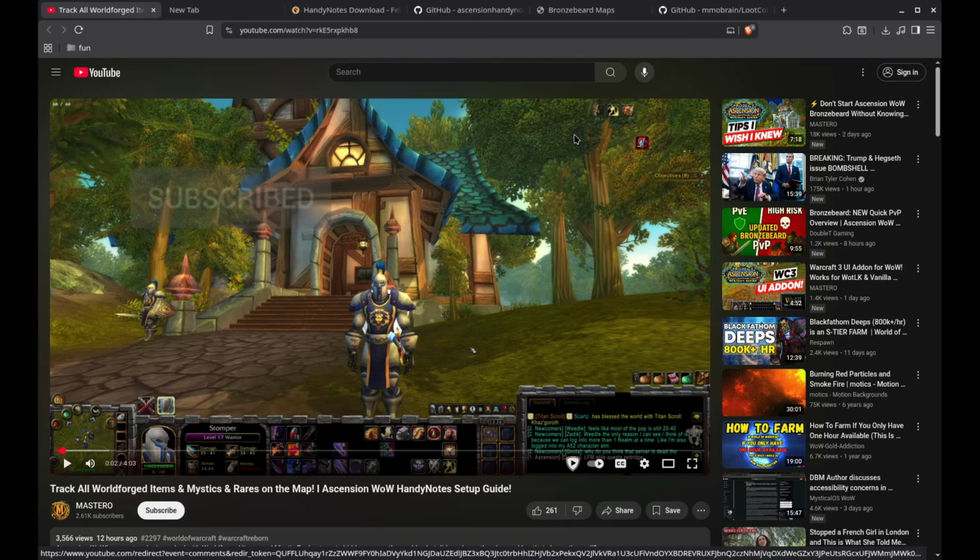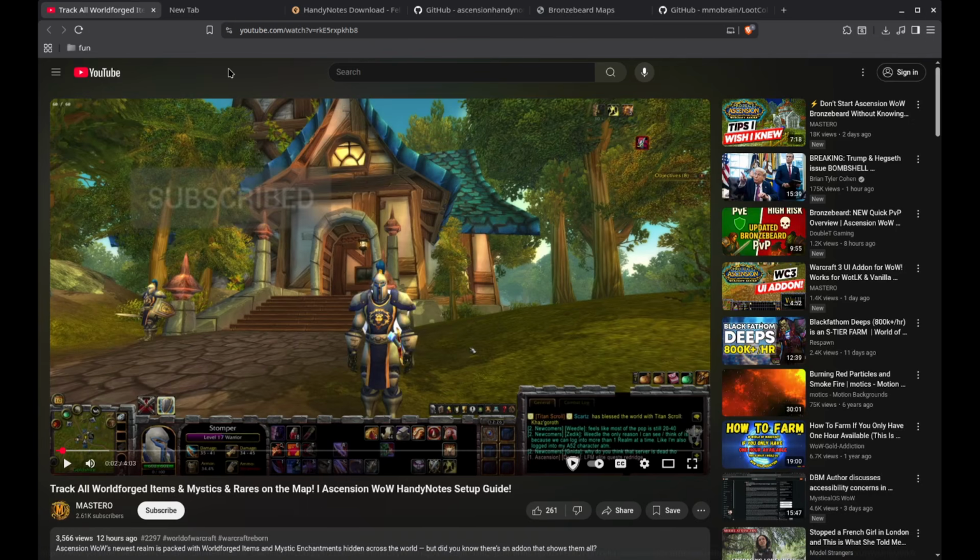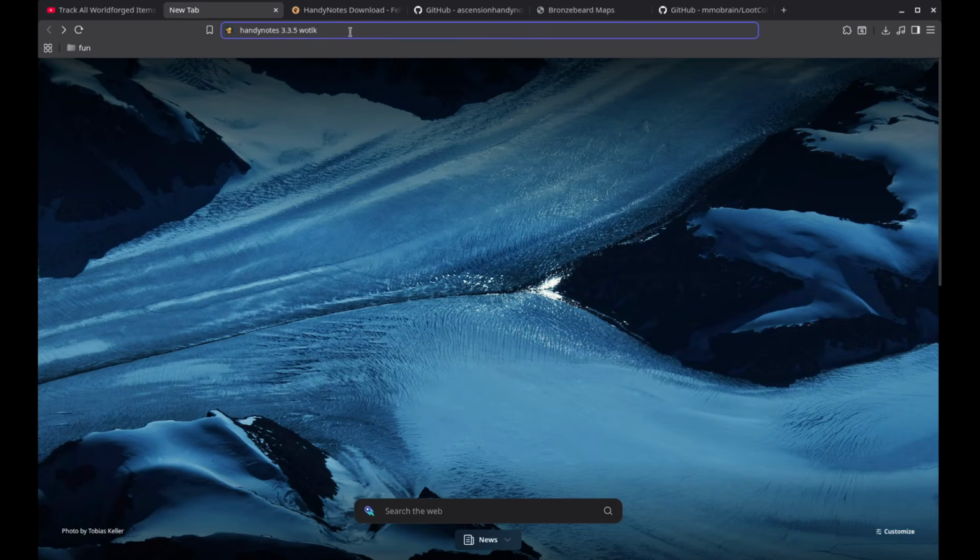And he used the way that we've done before in the past with other games or other versions of WoW, using HandyNotes, and now there's data to supplement that. So first thing we do if we want to use this method is we open up a new tab. We go ahead and type in HandyNotes 3.3.5 Wrath of the Lich King. I have that at the top here,